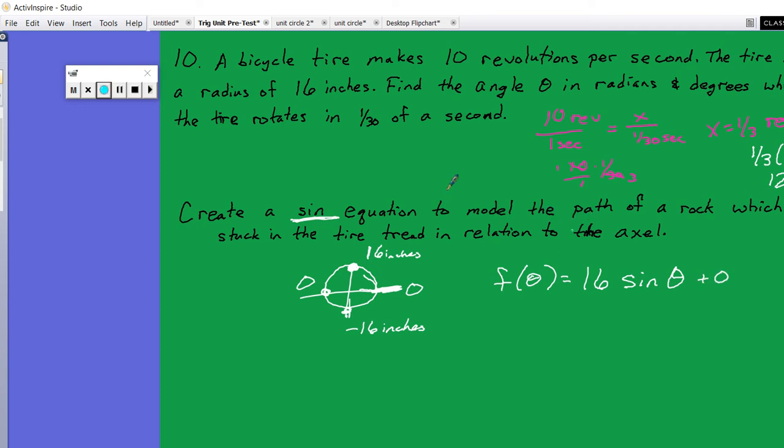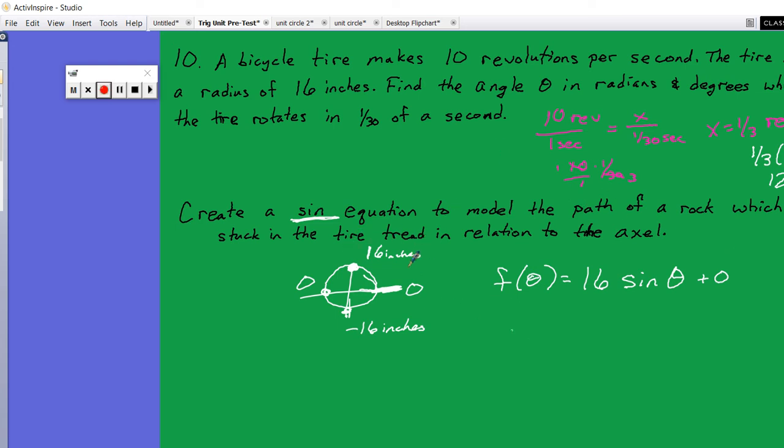If we were to do this in terms of time, it's a whole different problem. This does it in relation to the angle, and we'll leave it at that for now. Well, we'll go ahead and do the other two. So this is in relation to the angle. Now if I do time,